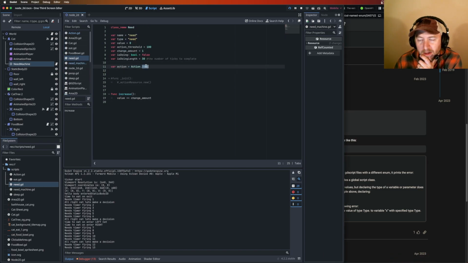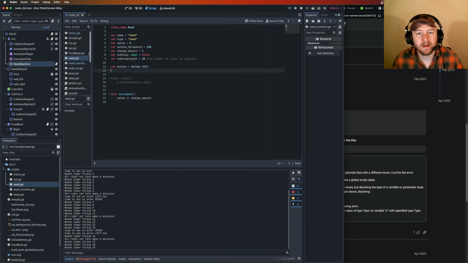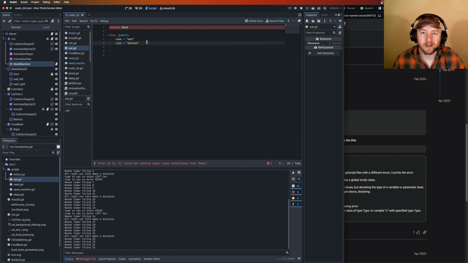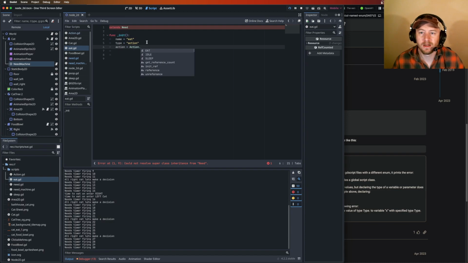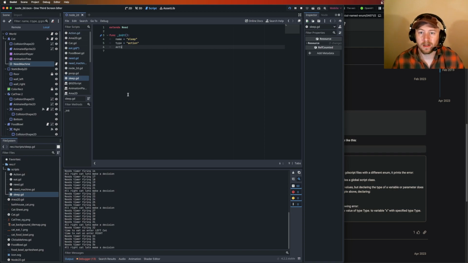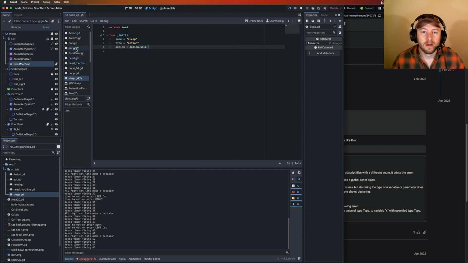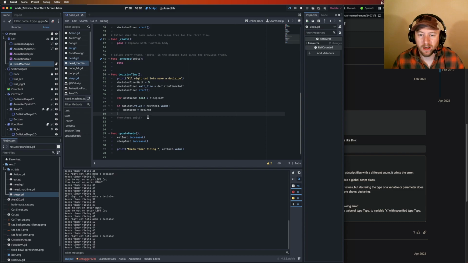This does what I want. It's simple. I'm not going to mess with it. Okay, cool. Let's move on. So let's go to our different values and change their actions. This would be action is equal to action dot eat. And this one would be action is equal to action dot sleep. So now, save that. We go to our need machine, and we're going to actually need